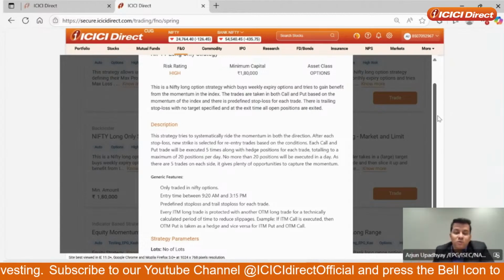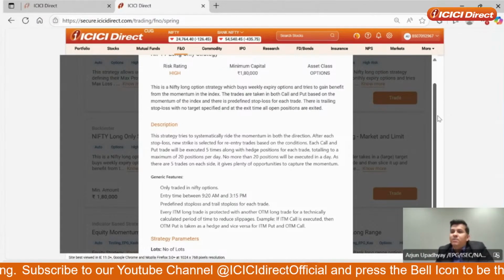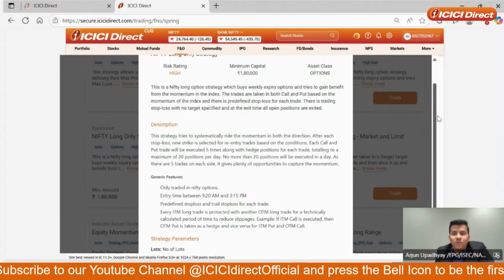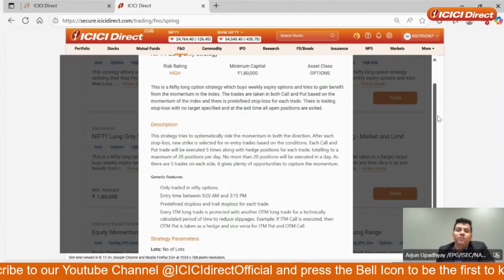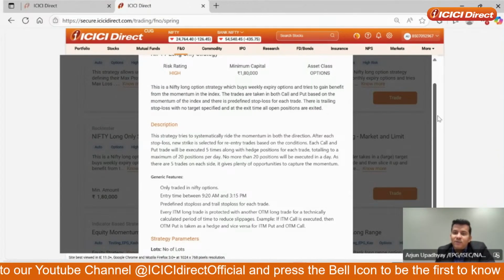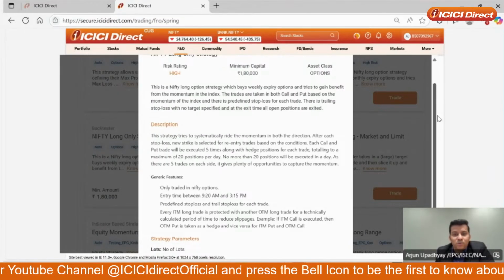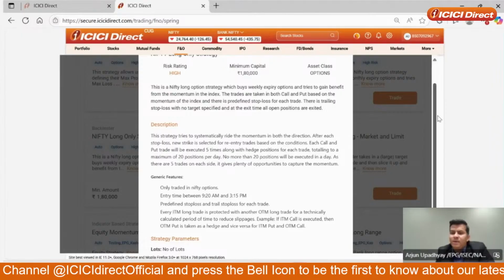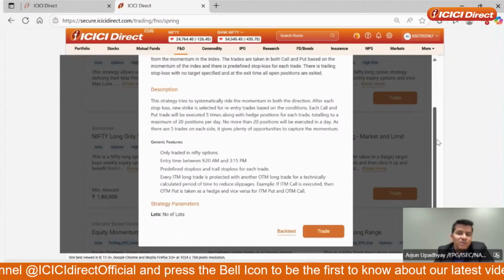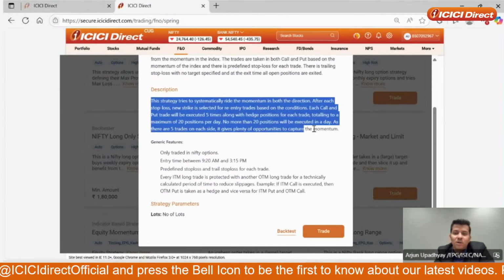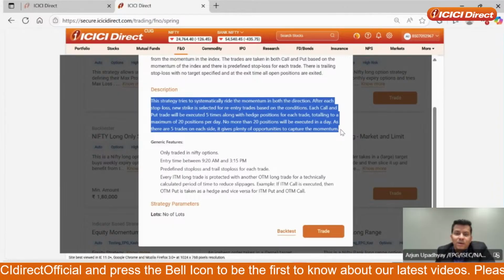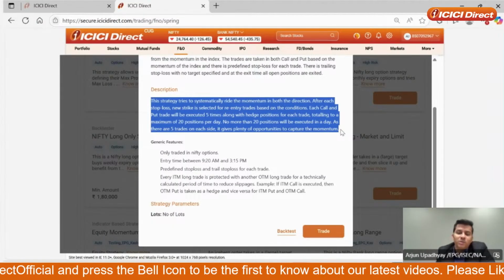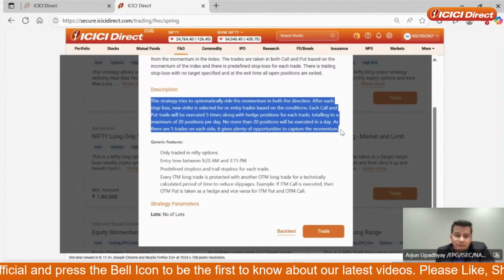So all of this, while it sounds very complicated, believe you me, is coming from an RA desk, and the beauty of it is that you don't have to manage your trades. If you associate with the strategy, in a click you can put the trade, and then the system will continue placing trades for you. Also, as a disclosure, all the strategies will tell you exactly what's happening. So in this particular example, not more than 20 positions will be created for you in a day. All of these will be intraday.